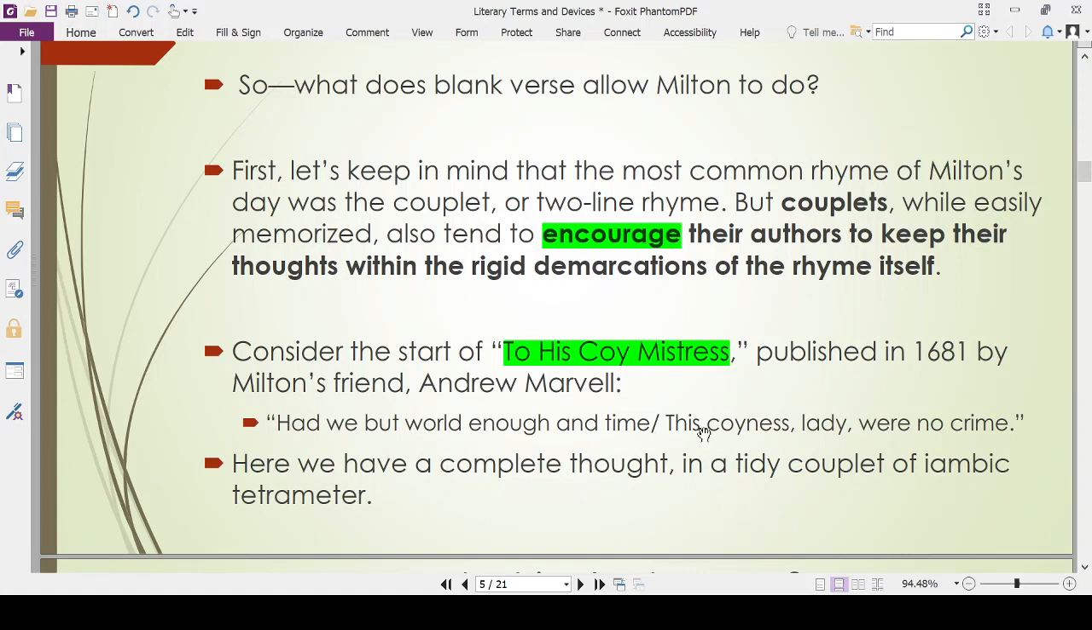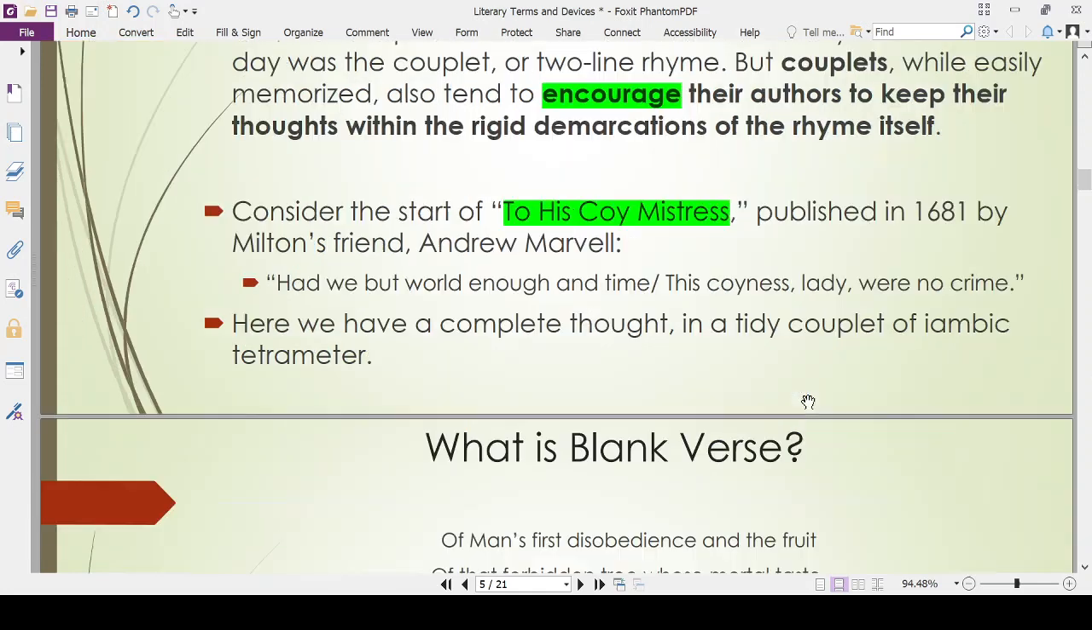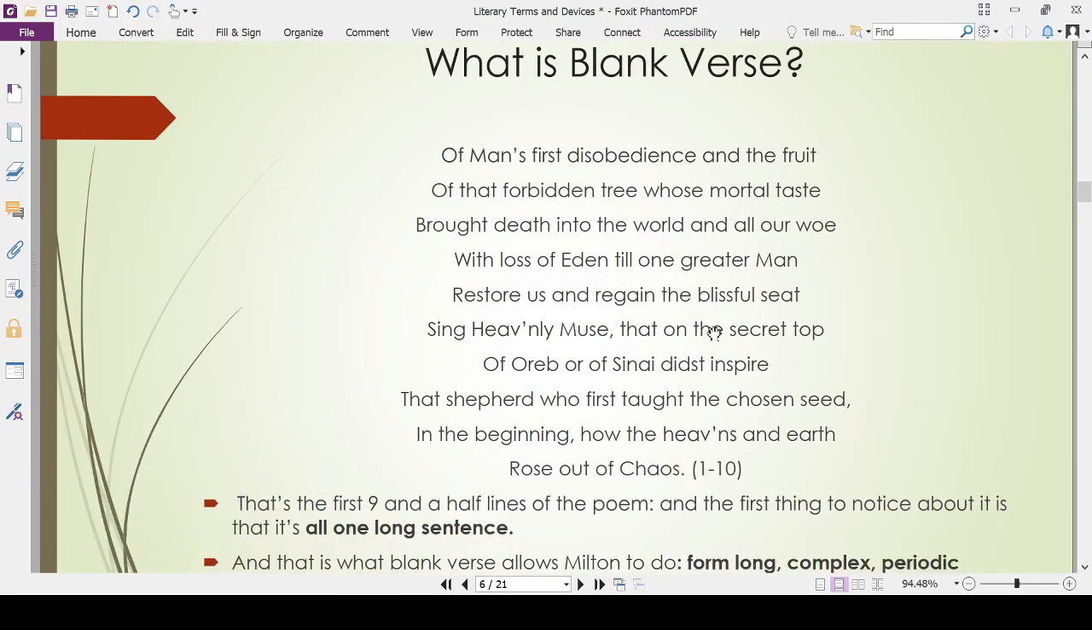I'm not saying that this is the poem. No, the poem has other lines too. But each two lines, each group of two lines, has a complete thought. That is the couplet. However, let's take a look at the first 10 lines of